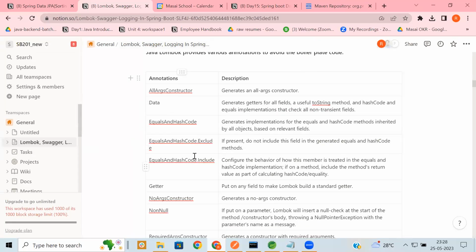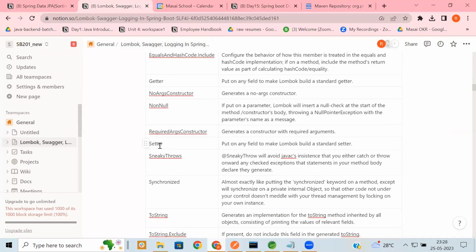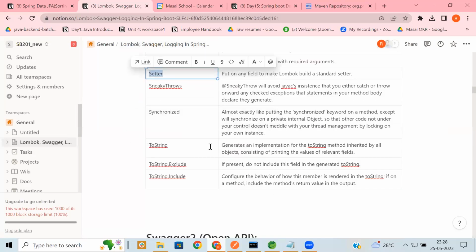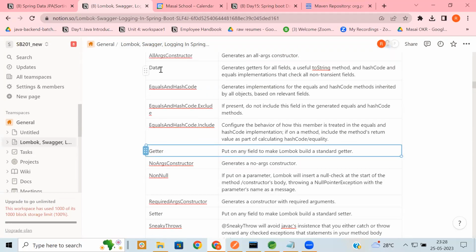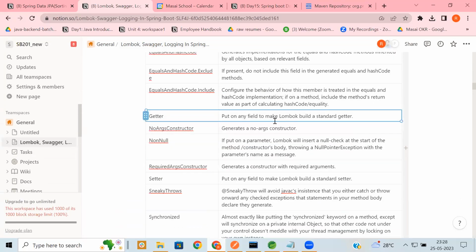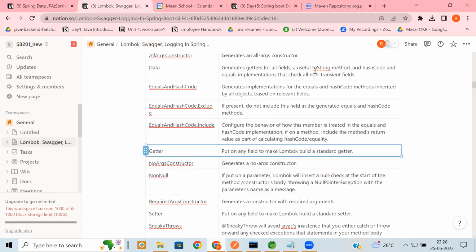Like that, setter. Like that, toString. Like here, getter. Right? So what are the details of that one? Here it's mentioned. Now there is Data. Data is a shortcut of getter, setter, and toString. So if you notice,